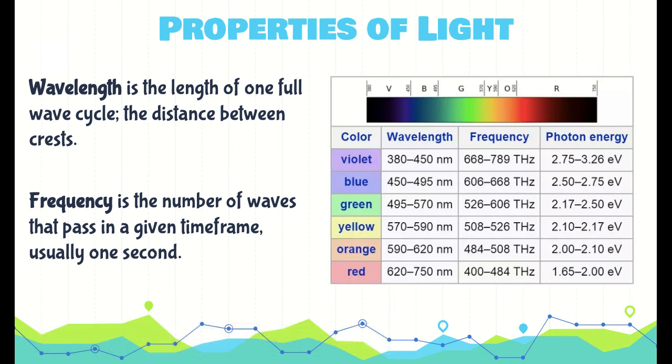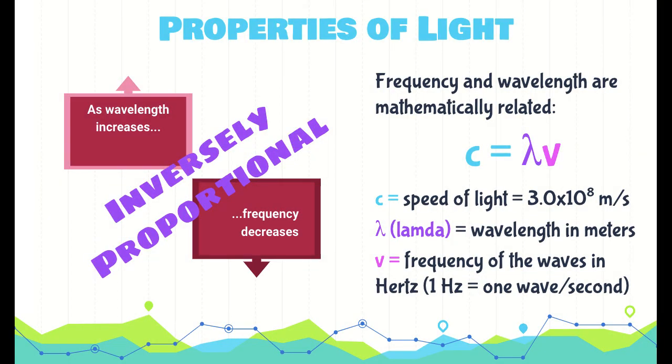Frequency will be the number of waves that pass in one given time frame. Usually the time frame is 1 second, and that is measured in hertz, which we will talk about soon. So wavelength and frequency are inversely proportional, and if you remember from the beginning of the year, we did discuss this briefly,